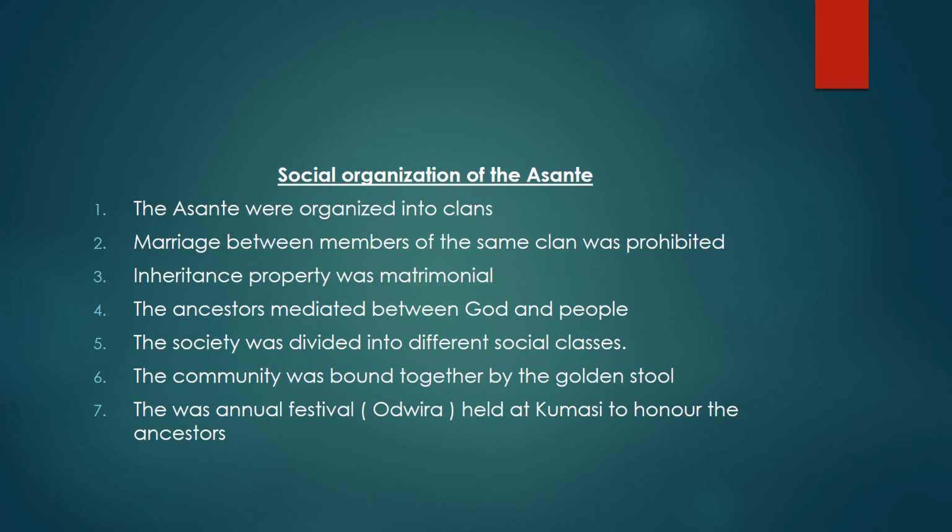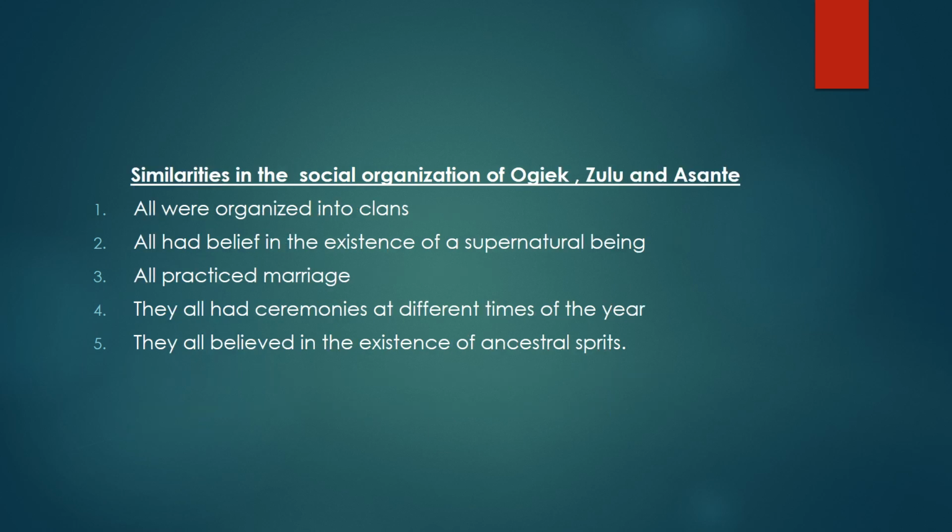Number 6, the community was bound together by the golden stool. And then finally, number 7, there was an annual festival, the Odwira festival, which was held at Kumasi to honor the ancestors. Let us look at the similarities in the social organizations of these three groups, which are of course